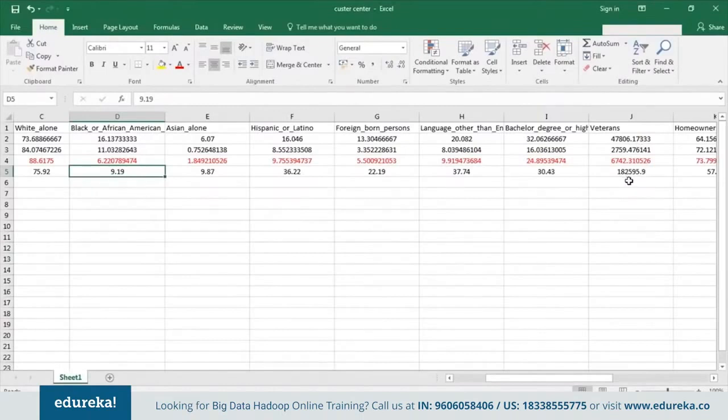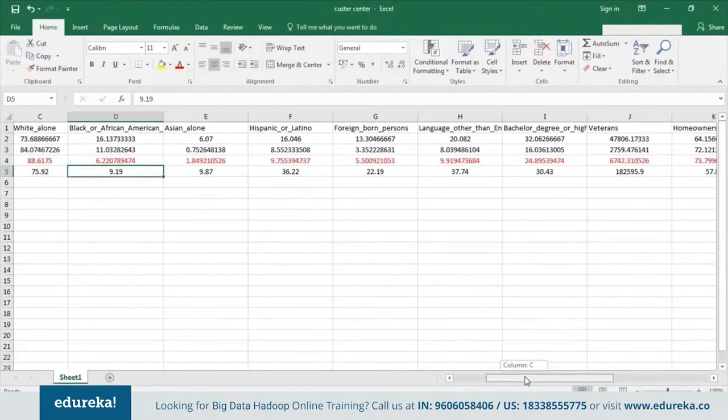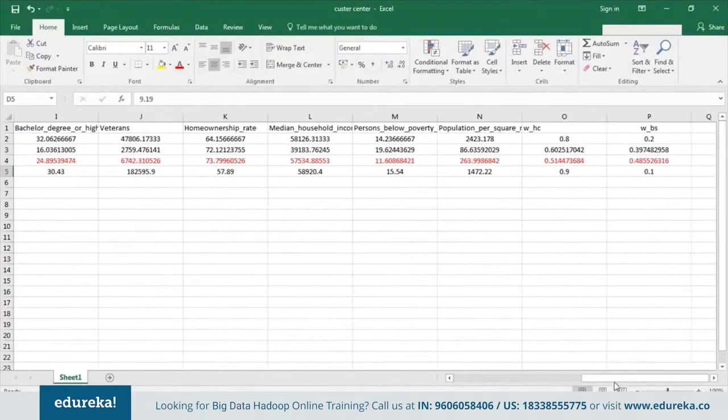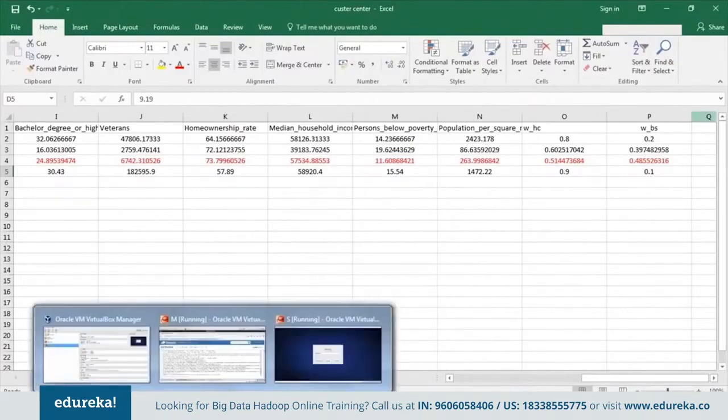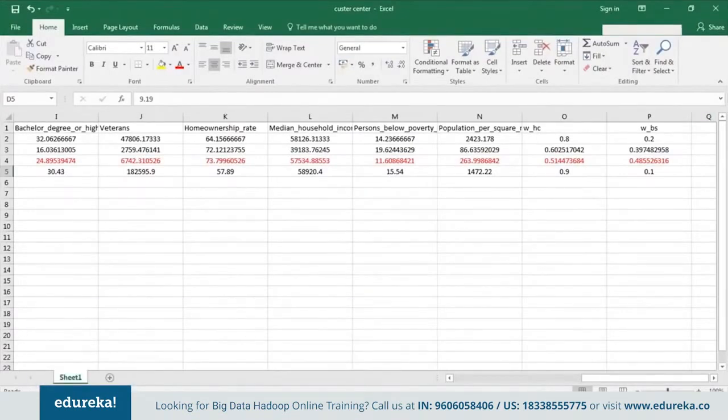And even here you can see in veterans there's 47,806, whereas we've got 182,000 all. So there is also a lot of difference. And here is only 2,759, and we've got in the 10,000s, we've got numbers, and even 100,000s here. So this is how we can identify which are the fields, or find the main reasons, the main points where you should make your analysis.